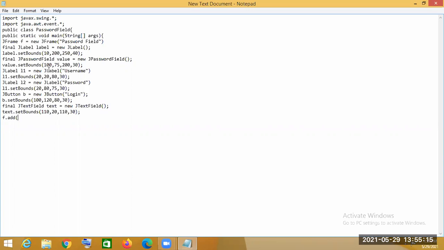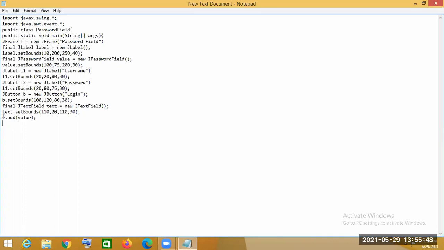Through the frame class object, we have to call the add method, because whichever component you want to add, its object should be passed in the parameter. So first we are passing value. Value is the object of JPasswordField. That means this password field is now added to the frame.